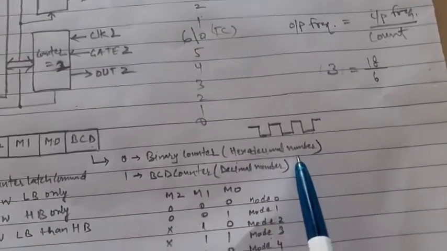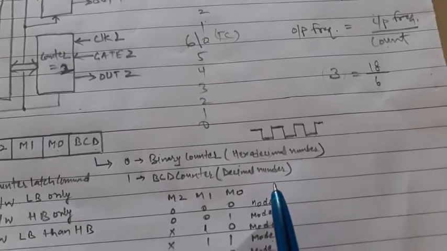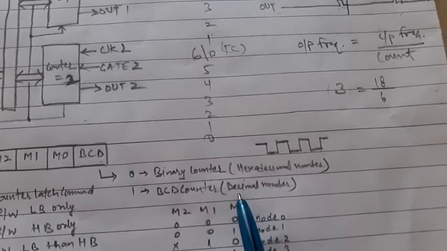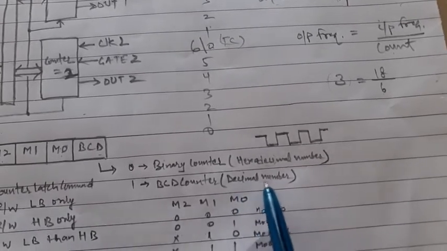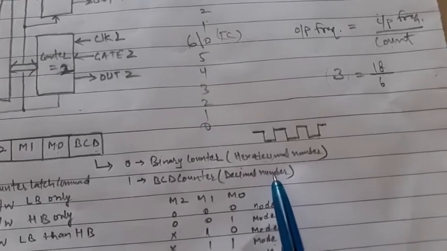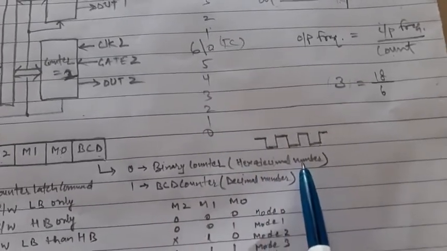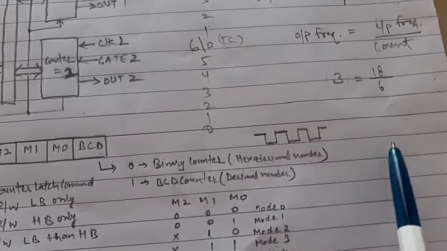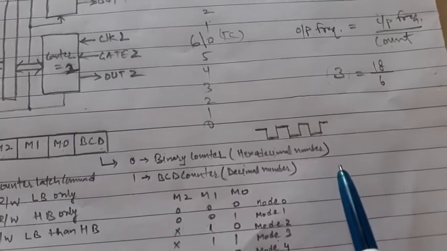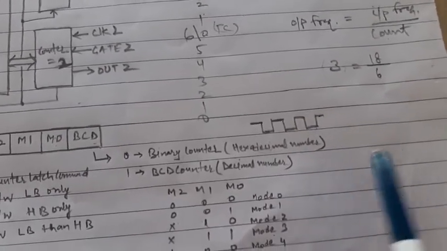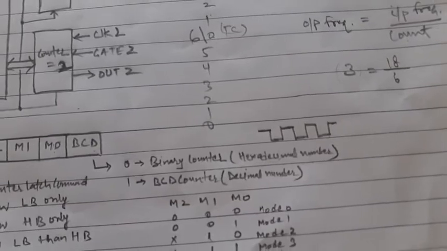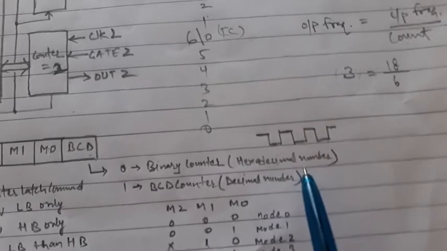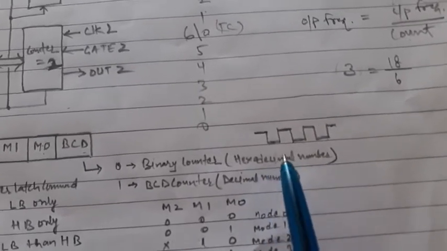Why hexadecimal? I told you several times in the contact classroom as well as in the labs that using 4 digits of space you can have a maximum count of 9999 in decimal, nearly 10,000, but using 4 digits in hexadecimal you have a maximum count of FFFF, which is 2 to the power 16, meaning 65,535. So with the same number of digits you have about 6.5 times more numbers in the hexadecimal system. That's why we use the hexadecimal number system.